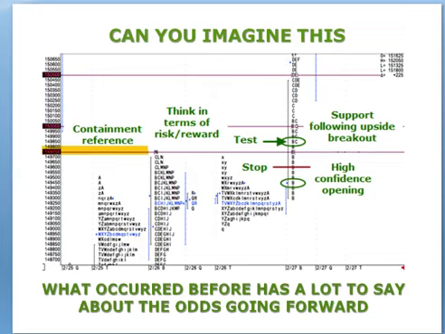when you're counting cards, what had happened before has a lot to say with the outcome going forward. So now, when I looked at that, the way the market broke on the downside had a lot to do to give my imagination. It was so thin, it told me that I had a pretty good opportunity that the market, if it got started on the upside, would squeeze a lot of shorts.